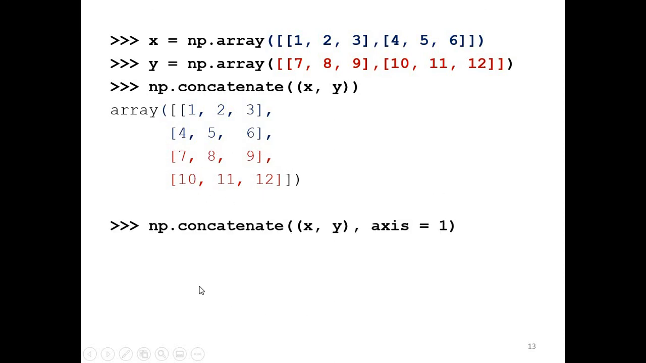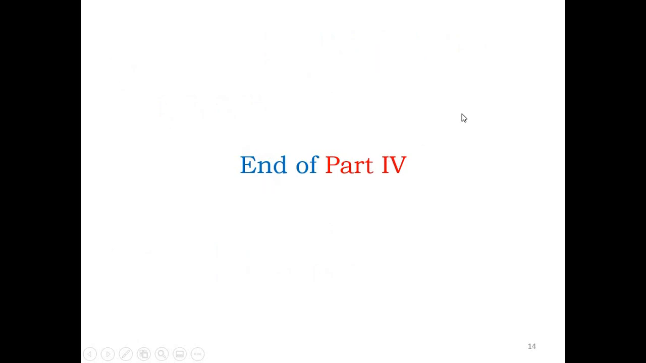Now if you write np.concatenate x, y, and you refer to axis again, axis equal to 1, that means it will concatenate along the horizontal axis, along the row direction. So this is the first array and this is the second array. And by default this is axis equal to 0. Okay, so this is the end of part